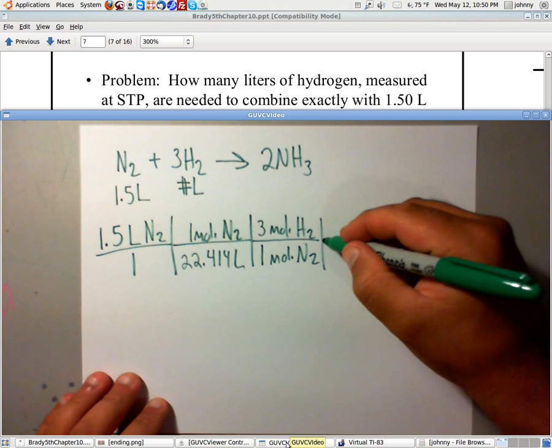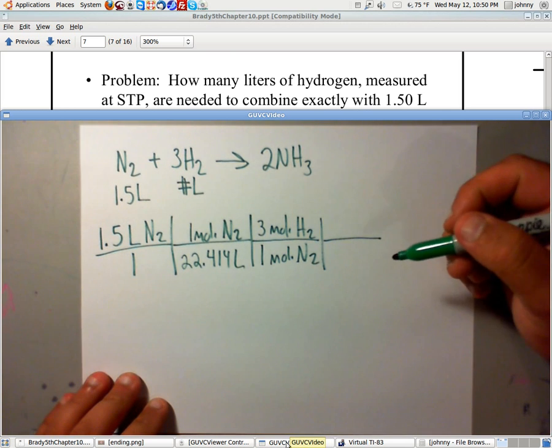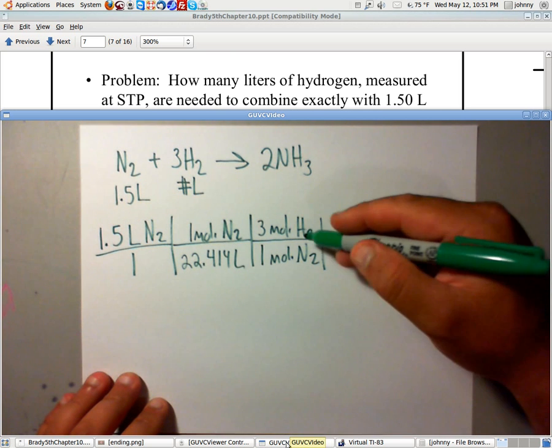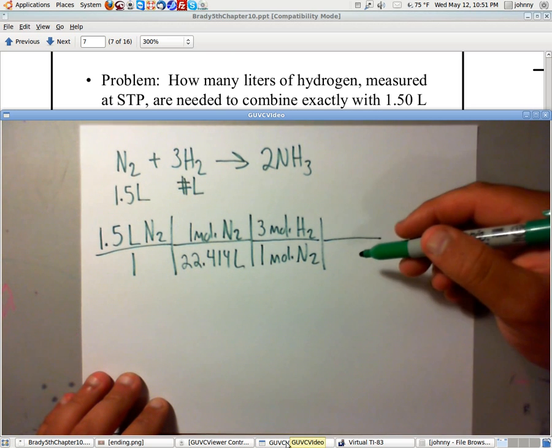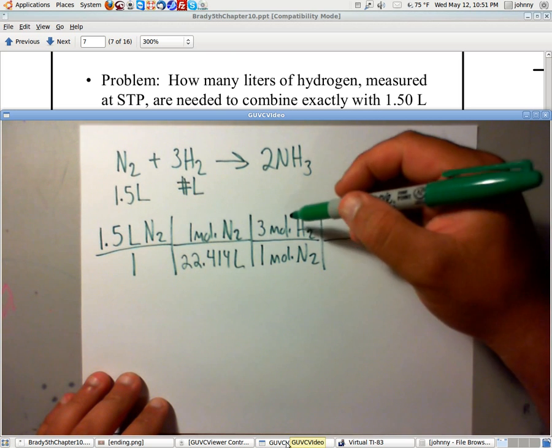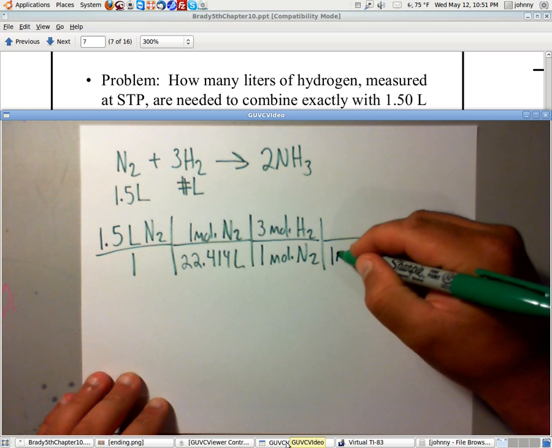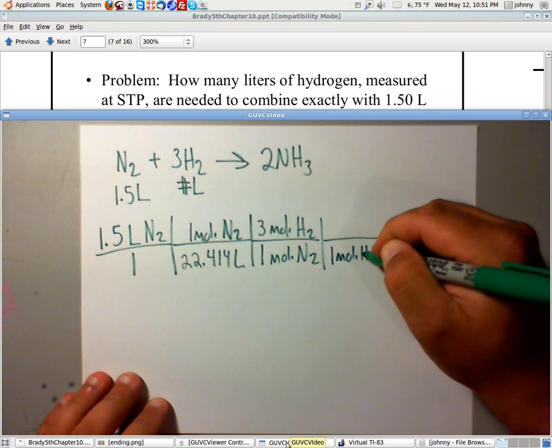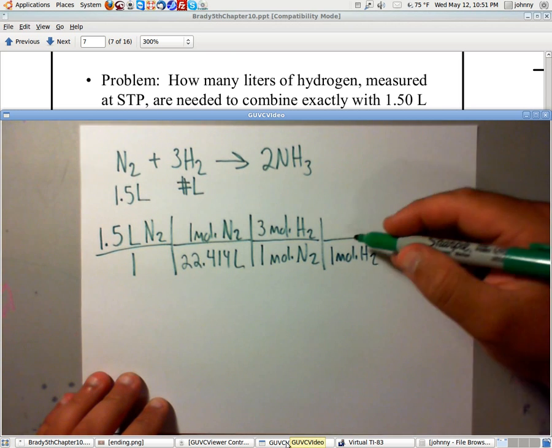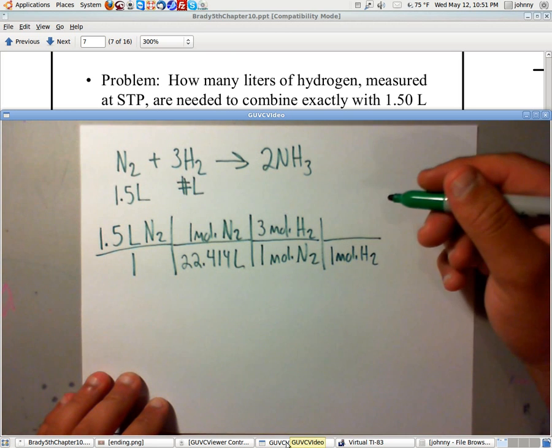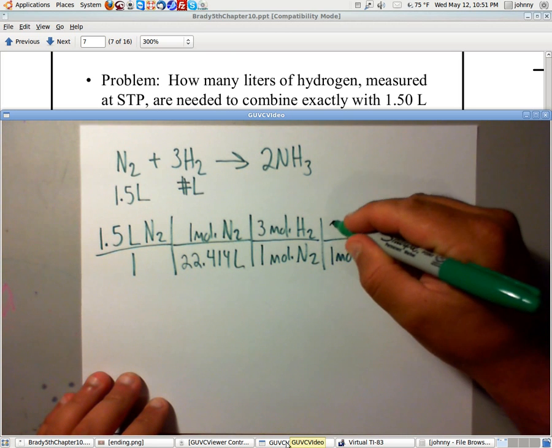That's the hydrogen gas, by the way. And the next thing I'm going to do is go a step further. Now this is the part that seems redundant. Down here I'm going to write 1 mole of H2, and up here I'm going to have, once again, the